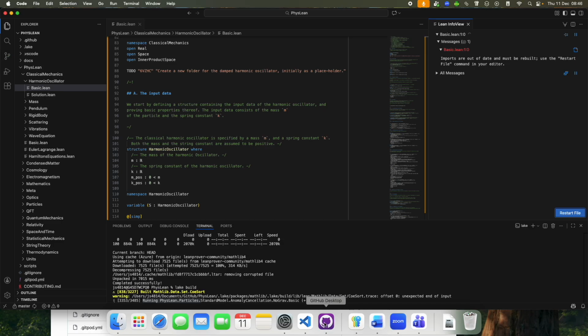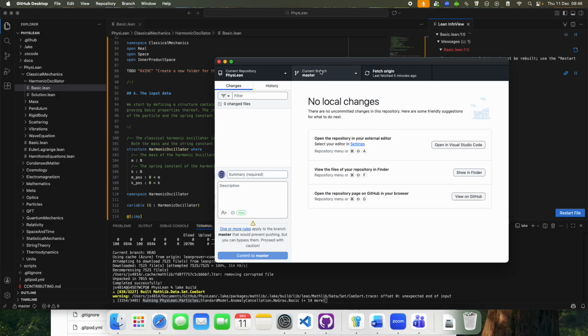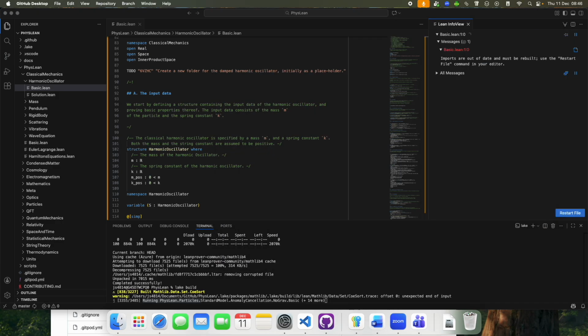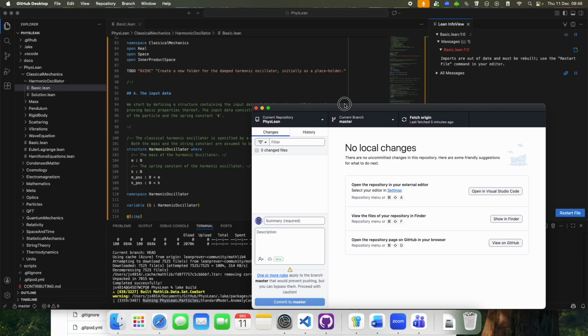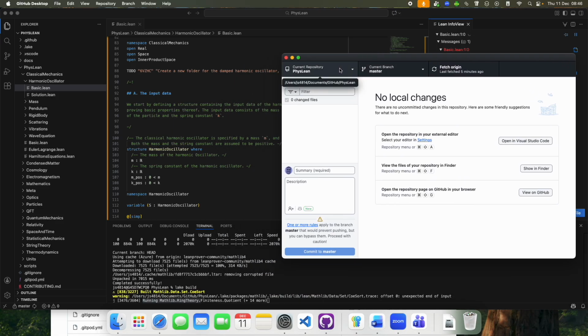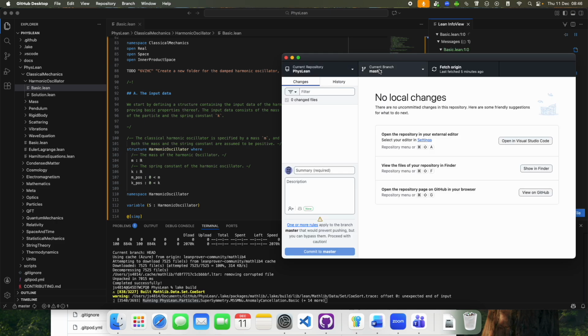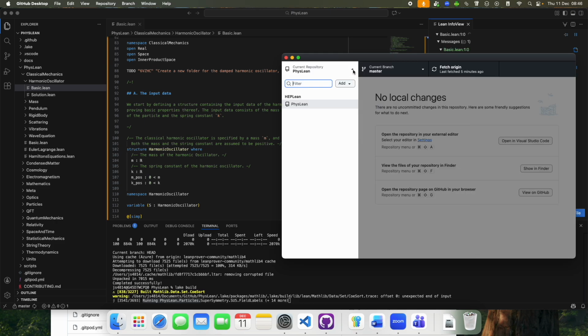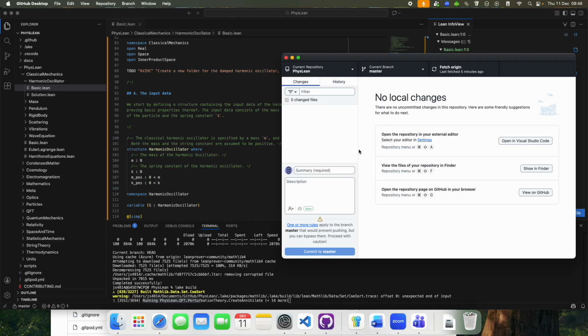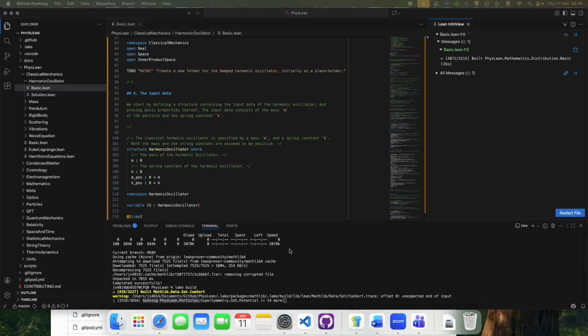The last thing I will do is show you how you would use GitHub Copilot. You would actually probably have to fork PhysLean to do this. So you'd have to make a fork of a fork of PhysLean, and then you would have to make the sorts of changes that you could make with GitHub Copilot on PhysLean. But let me not show you that. This video is somewhat unplanned, so let me stop there,